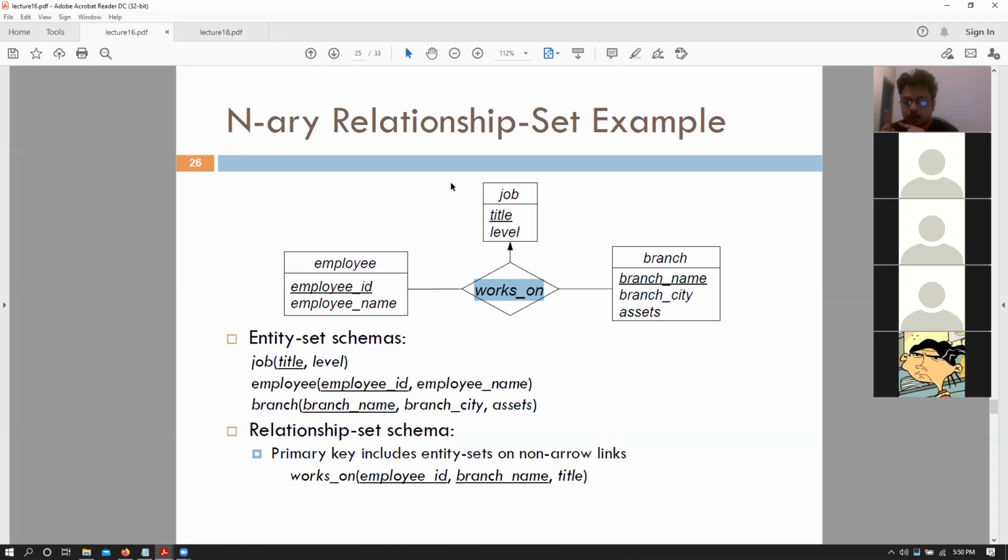The many part would be the one whose primary keys would be part of this relationship, right? So employee ID from employee, branch name from branch would be the primary keys for works on as well. And the one part that is job would be an attribute, right? So if you want to create the relationship model for works on, it would look something like this, right? Where employee ID